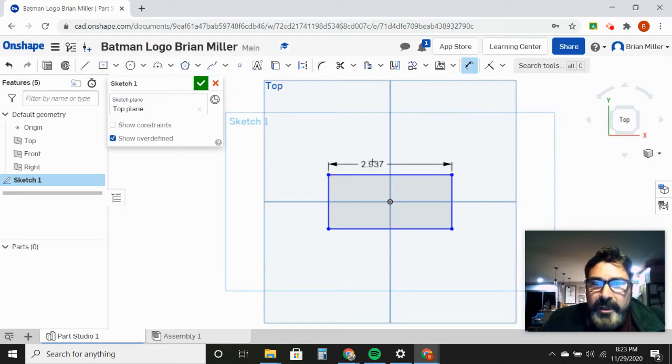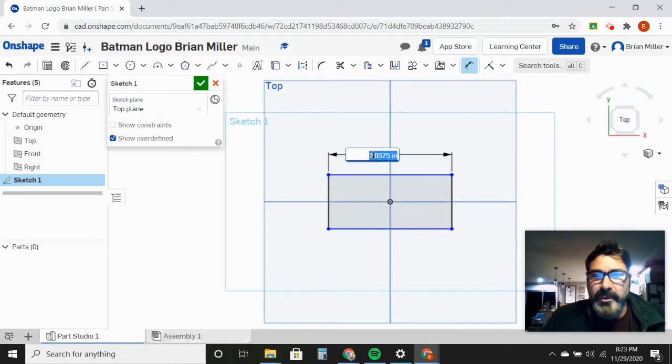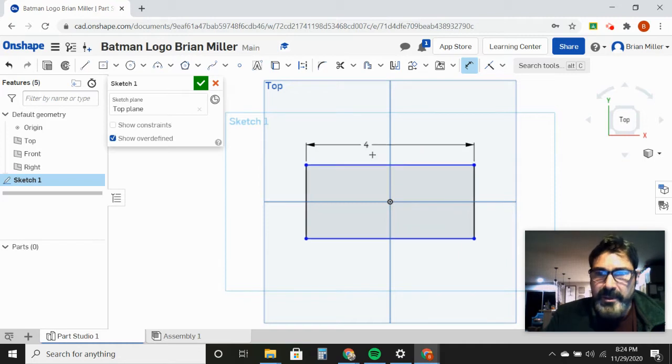because we want this to be 4 inches. We're pretending we're making a keychain, and for this keychain I decided I want it to be 4 inches, so I'm going to hit enter. Okay. All right. So now we are going to add a picture, and so what you have to do is